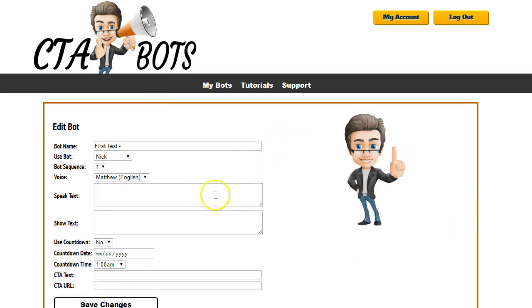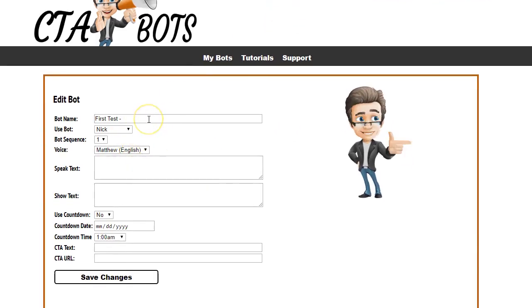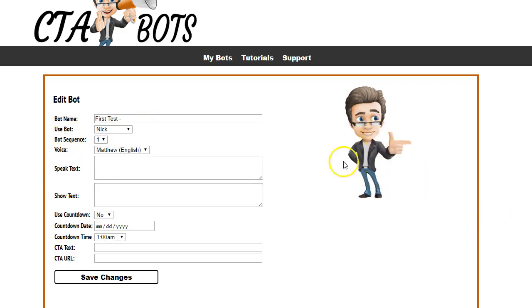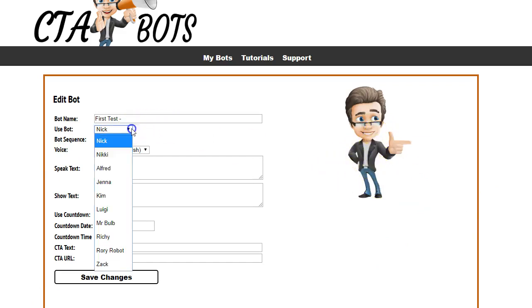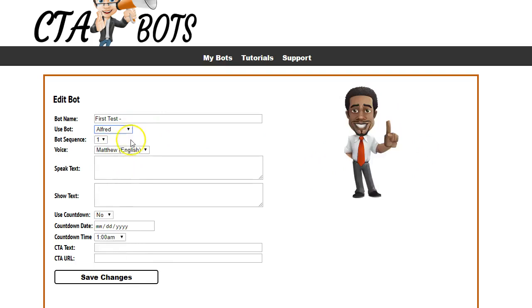So to edit my bot, I only have to fill in a couple of settings. So the first thing is the bot name. I can change that if I like, or I can leave it the same. The second thing it's going to ask me for is which bot I want to use. Now over here on the right hand side you can actually see a preview of the bot, and there are several bots that you can choose from. Simply pick the one that you want to use,